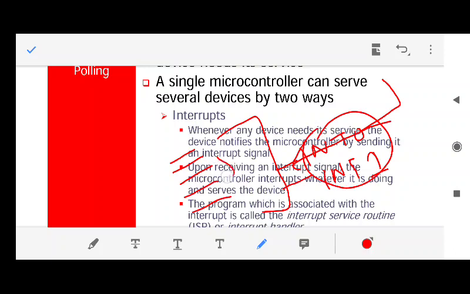And then the 8051 will stop doing the work which it was doing. For example, it was executing this program, it will stop this program here itself, and then it will handle the response of this device which has given the signal at this pin. So this will be serviced. This is how the 8051 handles the interrupt.